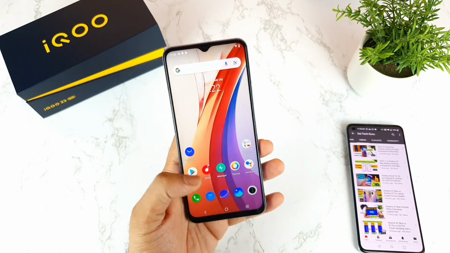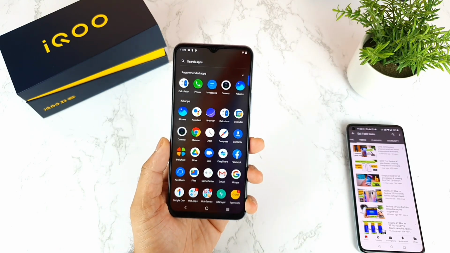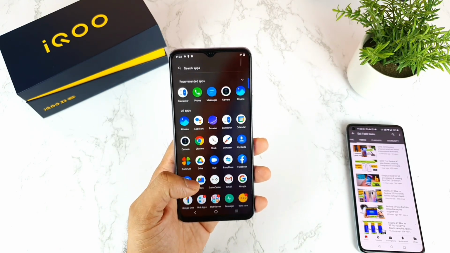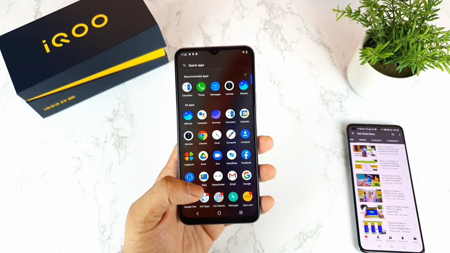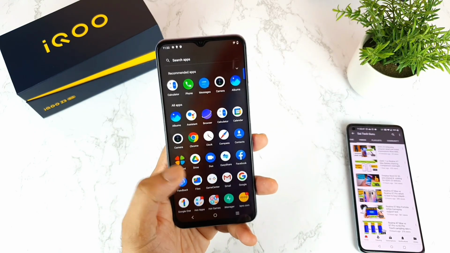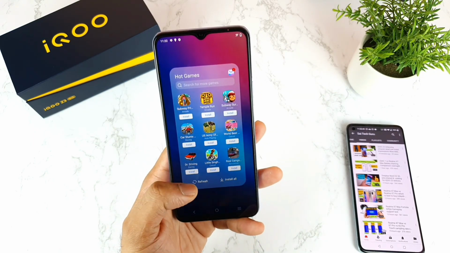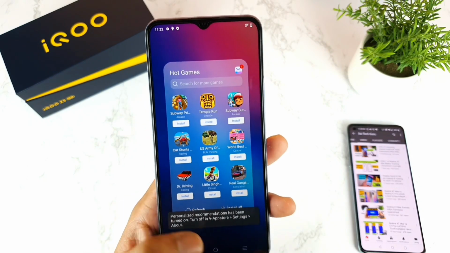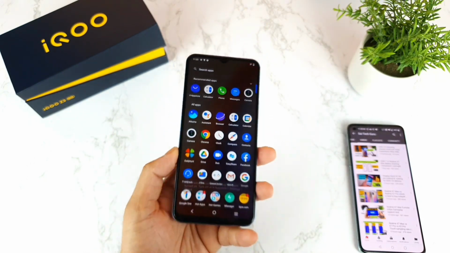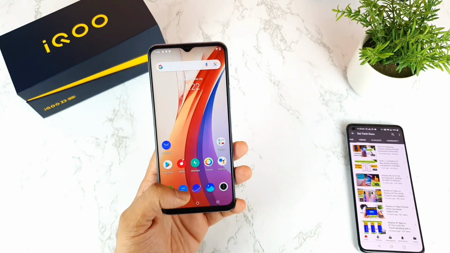And thank you for watching this video friends. This is an overall complete guide on how many applications got pre-installed, how much RAM is available, and how much storage is also there. And there are some applications, if you want, you can install these games, but I don't recommend installing them as well.